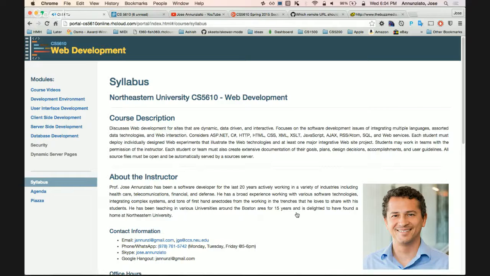Oftentimes we'll be talking about things that might look like overkill for such a small example, but nevertheless, these are best practices that you acquire from being out there in the industry, seeing how people are actually developing large applications. What might not look as important when you're talking about a small project, and maybe it's just you as a developer, becomes very important when you're working on a large team.